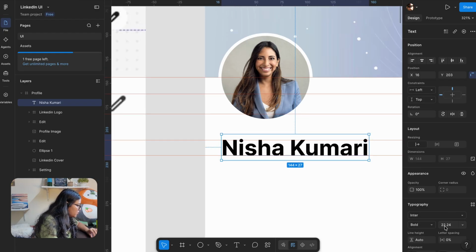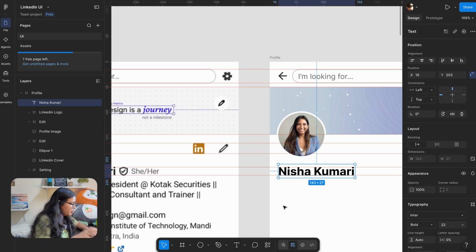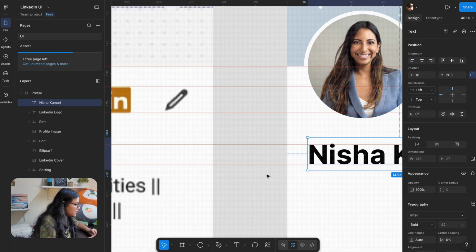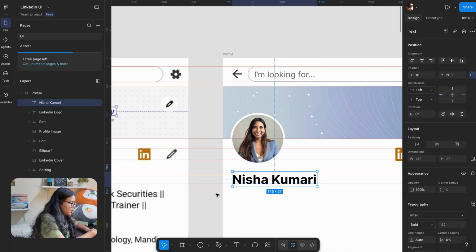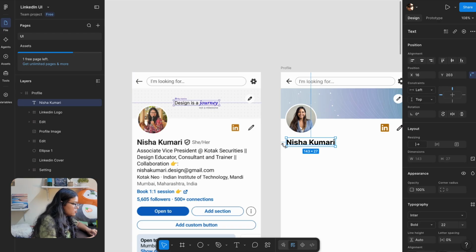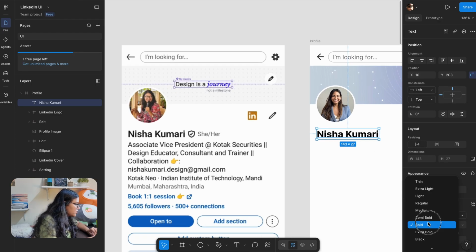And what is this font size? 20. I'm just going to make it 22 for now. Okay, no decimals. Just going to make it 22 so far. Okay, and just align it as per the other elements as well. Snapping से आपको पता चल जाएगा, which is 16. ठीक है, gonna turn off the rulers. Oh, I feel it's not bold, it's semi bold. थोड़ा सा, so I'm gonna keep it semi bold.